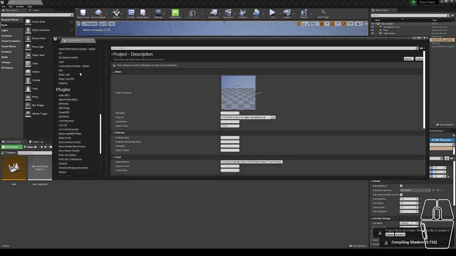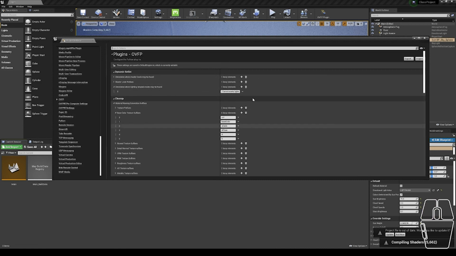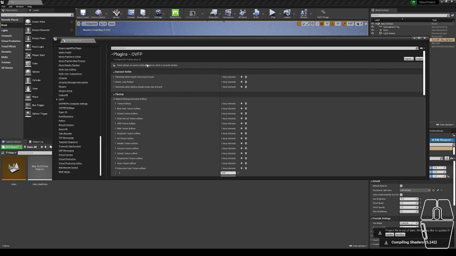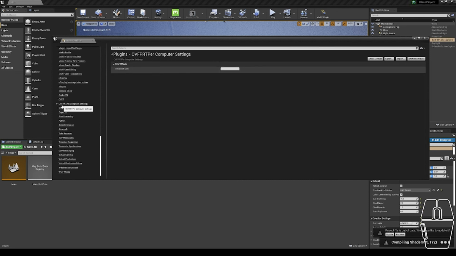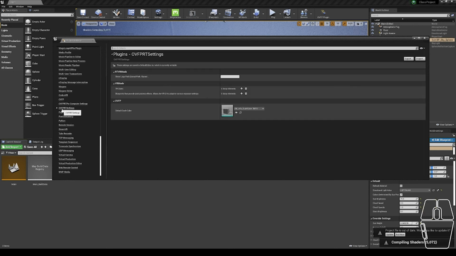Scrolling down, on the left-hand side, there's a plugin section. Inside of here, there's OVFP Settings. You can find settings on things such as the dynamic set list and cleanup tools. We're going to ignore those for now. There's also an OVFP Runtime Per Computer Settings, where we can set a default username. This is something we'll also go over later, and OVFP Runtime Settings, where we can set things like the logo we're going to be using for this show for runtime virtual reality setups, different settings for different VR users,